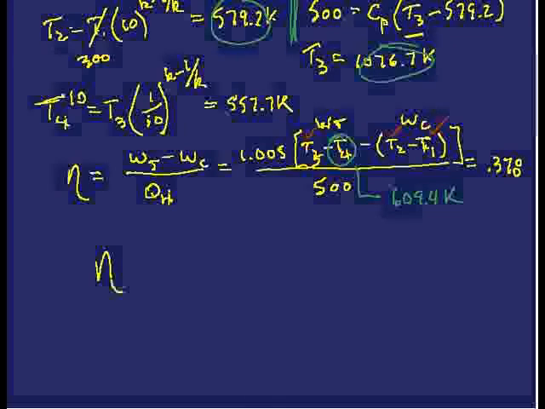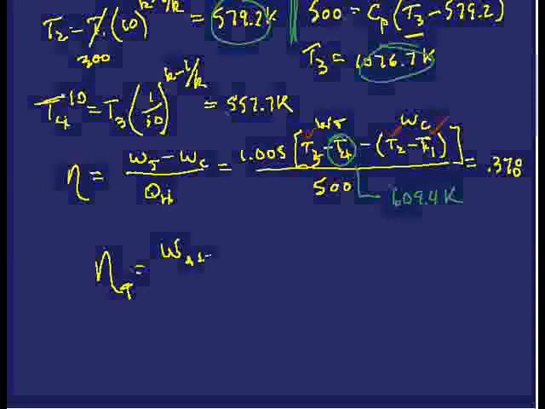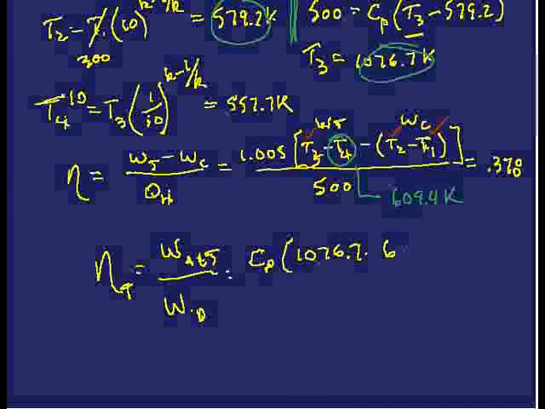So the efficiency of the turbine then is equal to work that you actually got, work actual, divided by work ideal, which would be equal to Cp times (T3 minus T4 actual), 1076.7 minus 609.4,